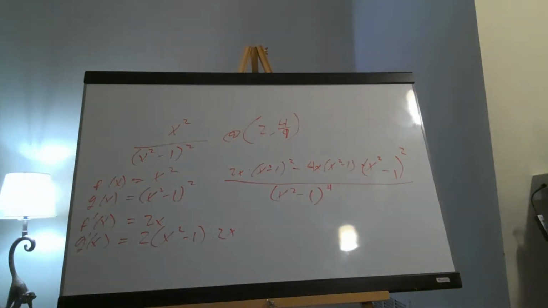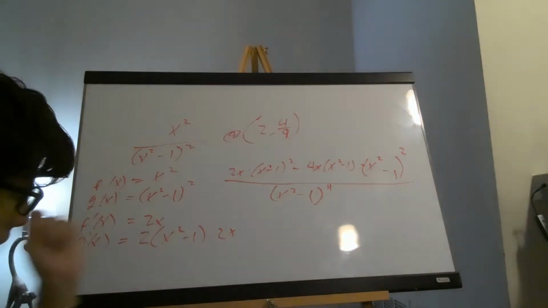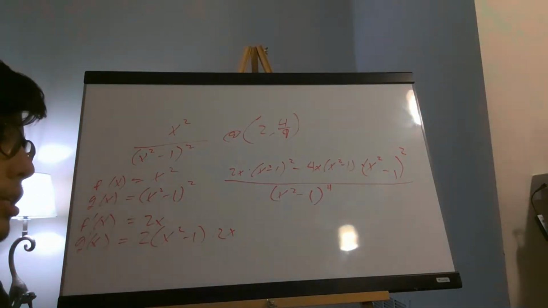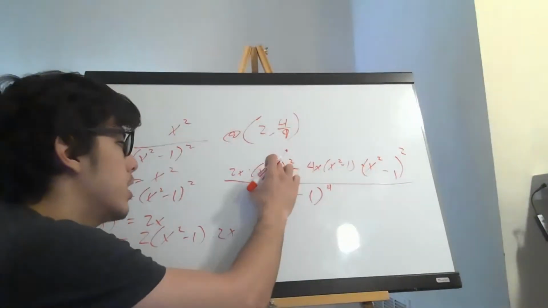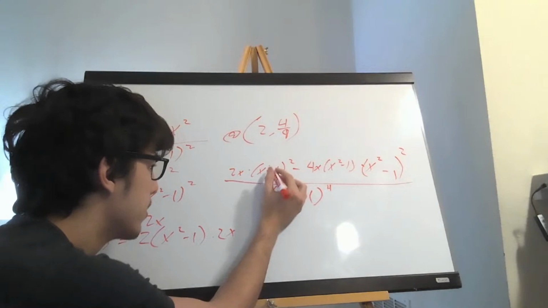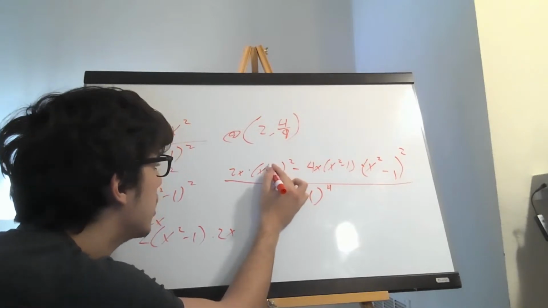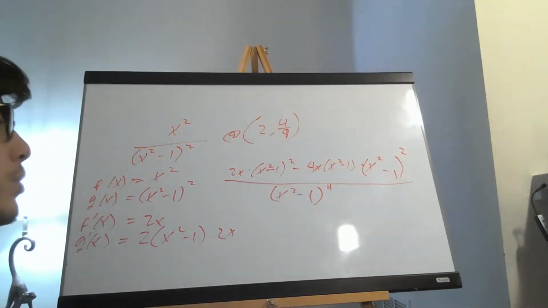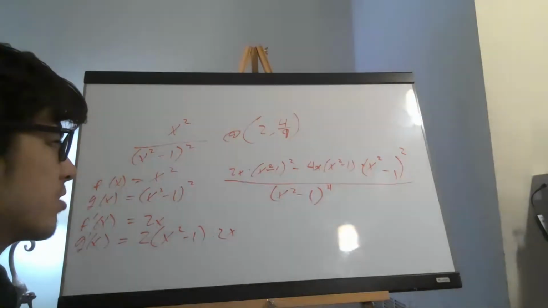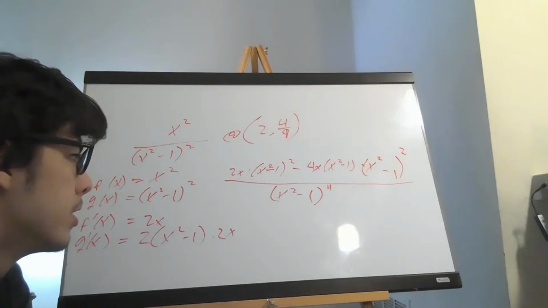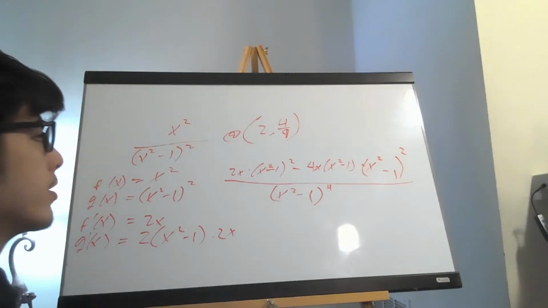So I'm sure you guys are like, that looks horrible. And I would agree with that. It does indeed look horrible. But you don't have to do all of it. I mean, you can simplify it if you really feel the need to. Like, if you really, really want to, you can simplify it. But we could also just plug in our x value. Ooh, that's a lot of math right there. Let's see,